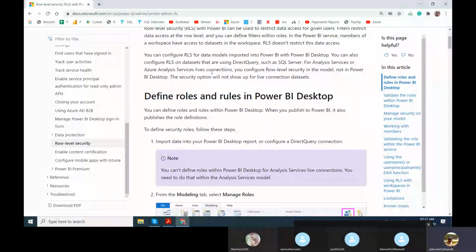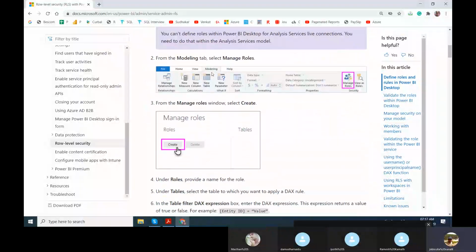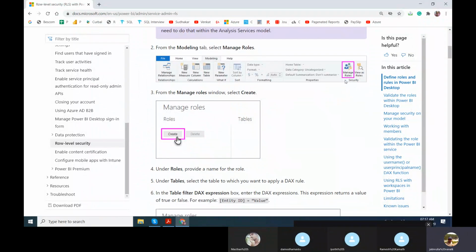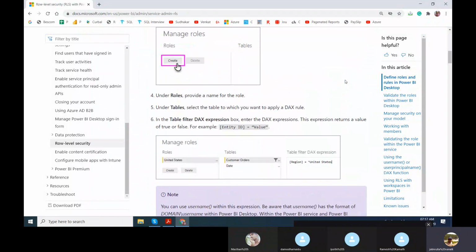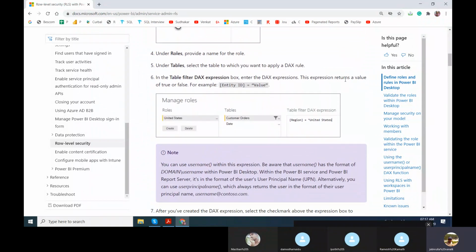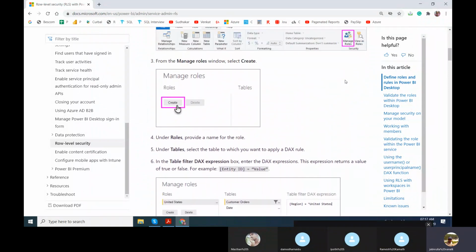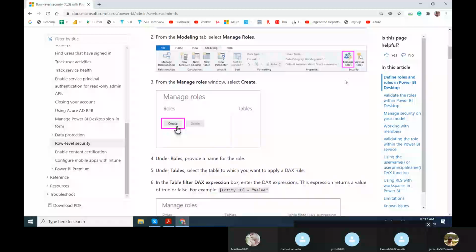Okay, don't worry, come here. So very simple. Here it is called Manage Roles. Here we need to create a role. For example, you are one role, I am one role. Roles we need to create, and under the roles we can add the members. Okay, here, see the scenario. United States. Okay, first of all,